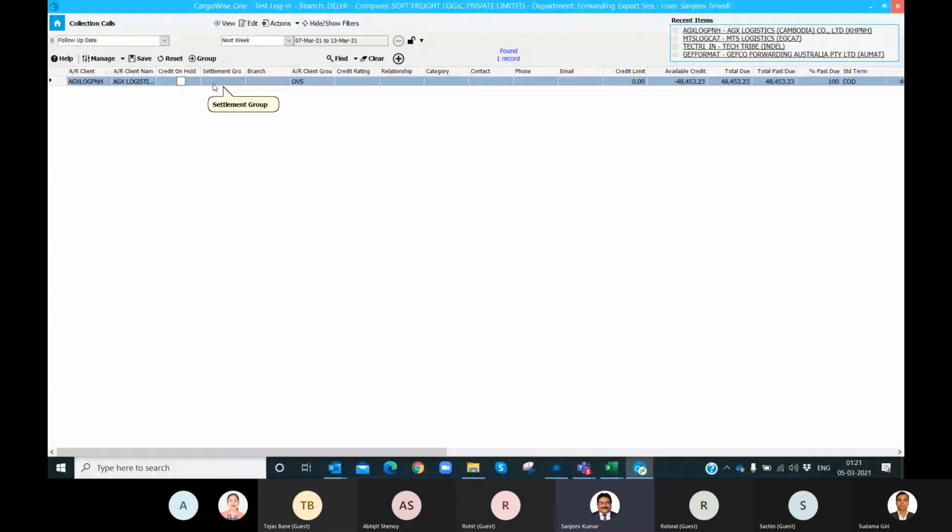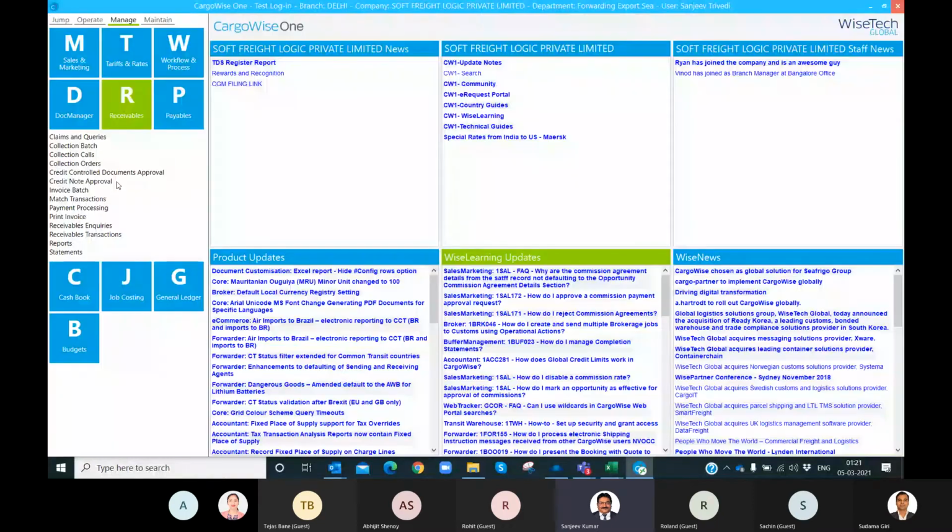And for credit note related approval mechanism, if we want to follow it, certain settings can be done in the registry, and we can follow those metrics and pass those. Again, the matching transaction window is there. Directly we can go to match transaction, pull out all those invoices and receipts, whatever it may be, and collection.